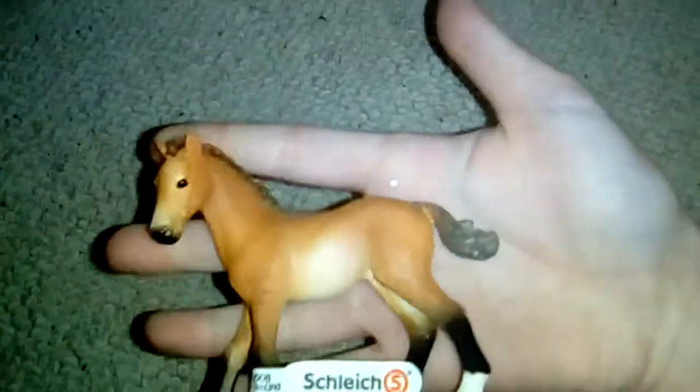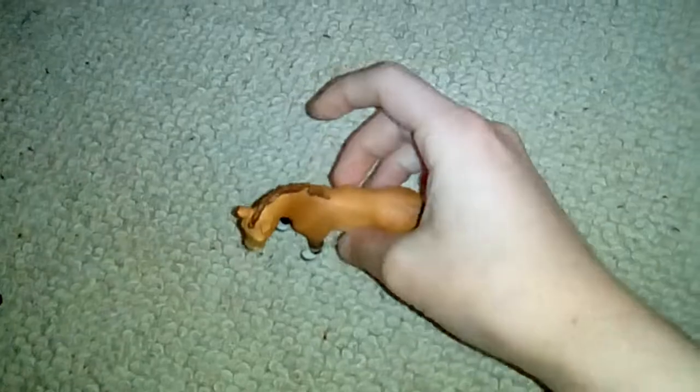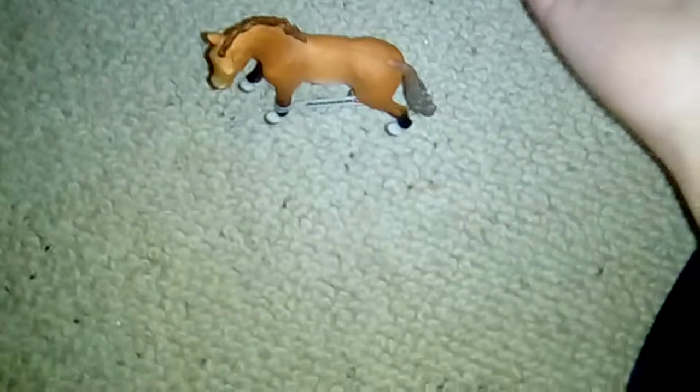And now this is the final one. I was unsure about this guy, but I got him. He is the Tennessee Walker foal, just to complete a whole family in one shopping session. Sorry, there is sawdust on my floor because I've been redoing my barn, so if anything's on my hand, I apologise. Basically, I was stood in the shop and I was like, I'm pretty sure this is the